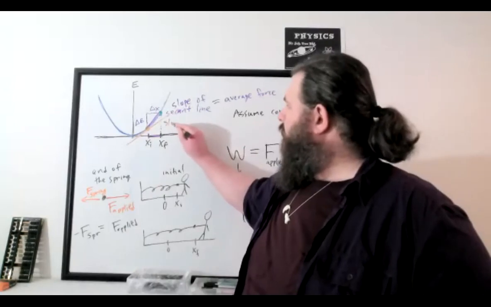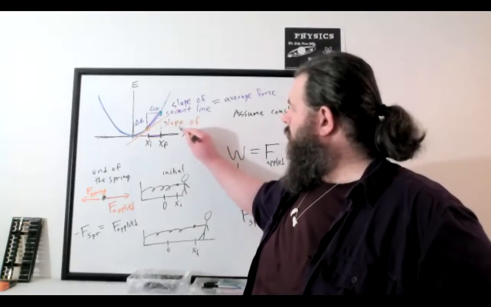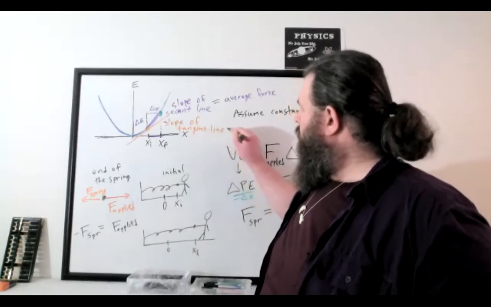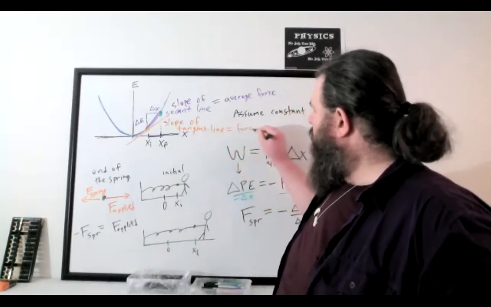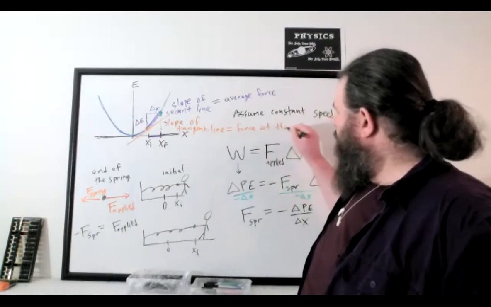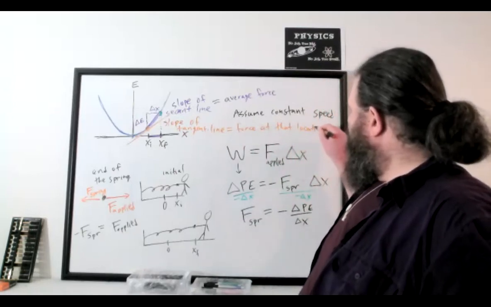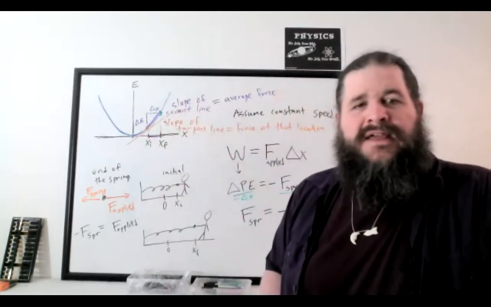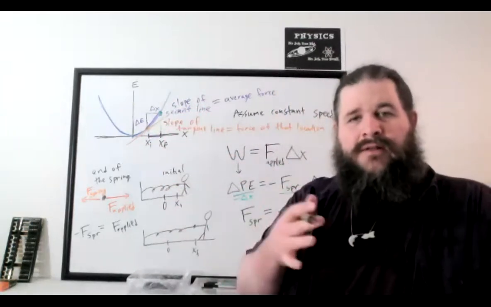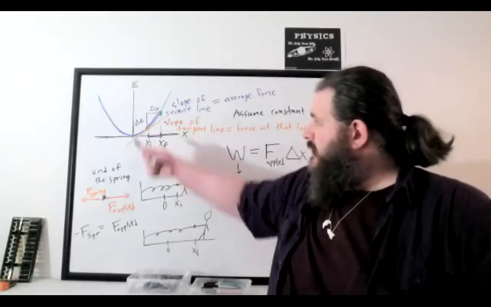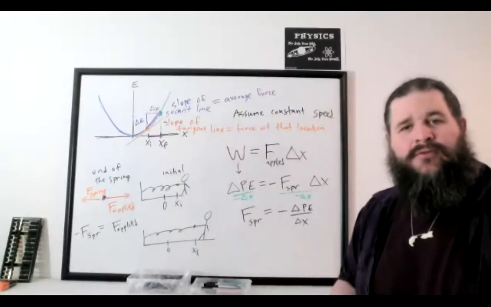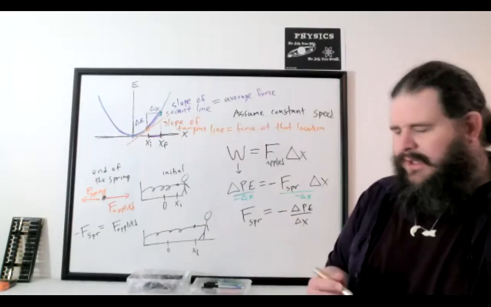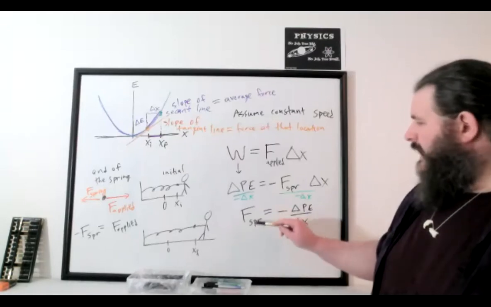So the slope of the tangent line tells you the force at that location. So the slope of the secant line from point to point tells you the average force over some interval. The slope of the tangent line tells you the exact force at that location, at that one instant. And the difference there mathematically is the average force